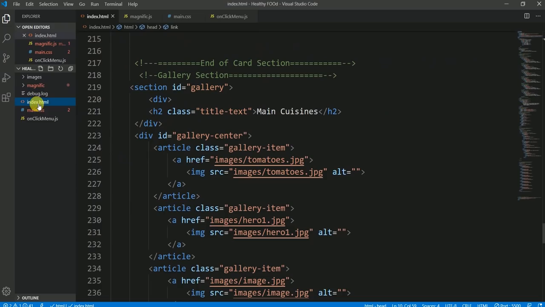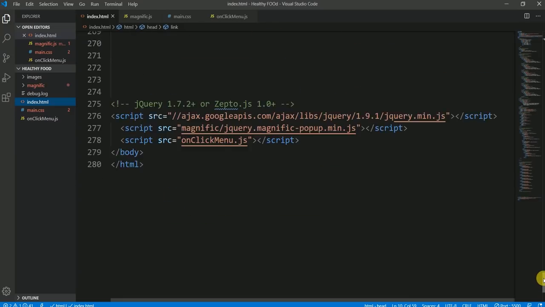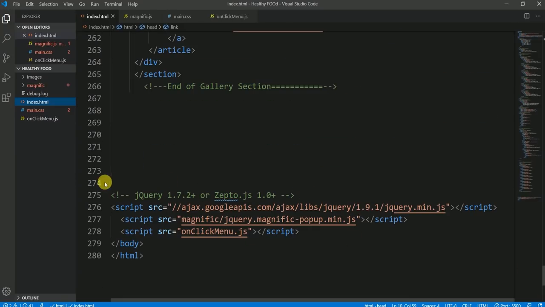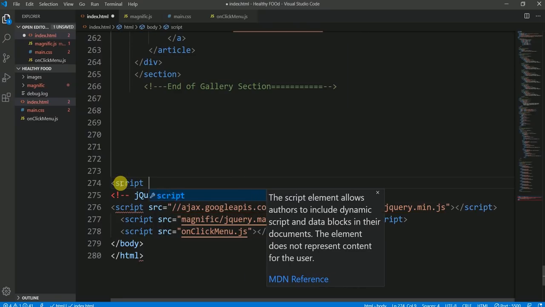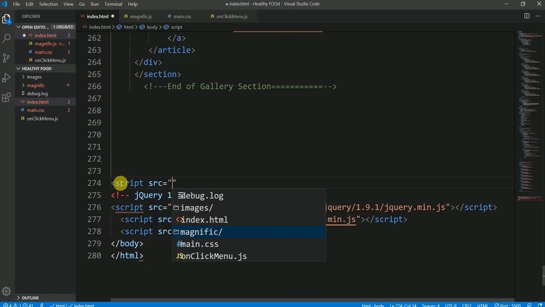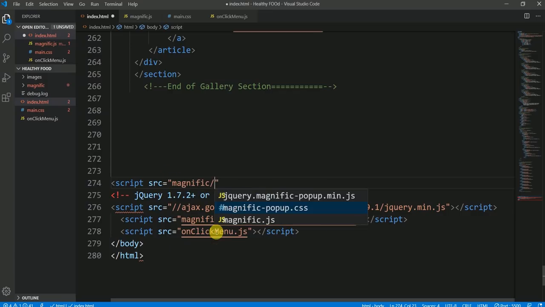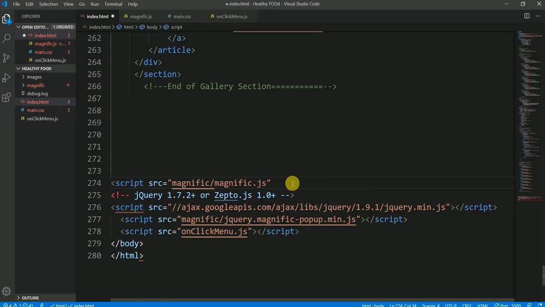So let's move on and first link this magnific.js here in the body section. And let me add this link here, script, source, and this time the source is again within the magnific, and this one is the